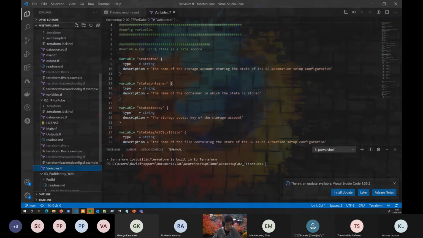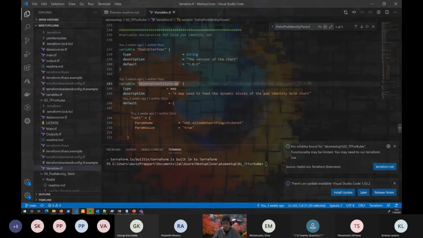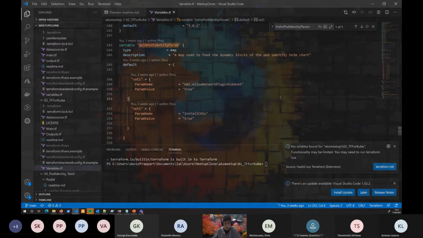If I go into the variables, you can see I have only two parameters. I will zoom again because it might not be enough for you.